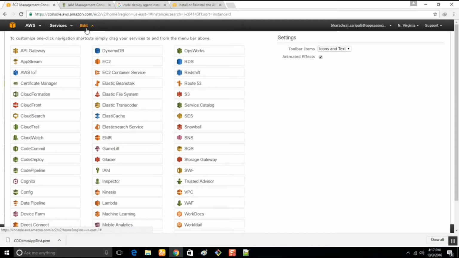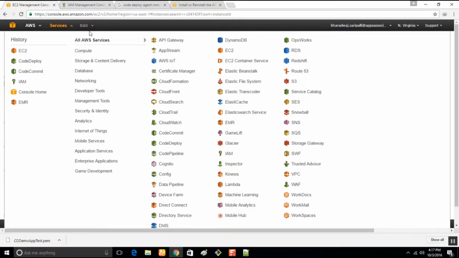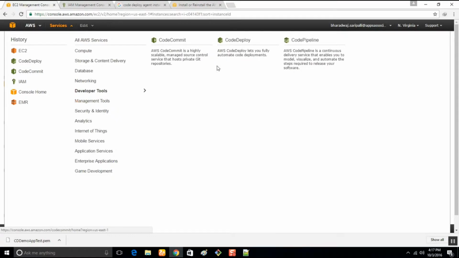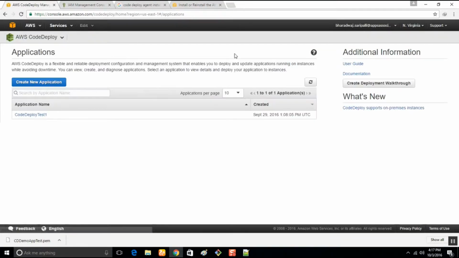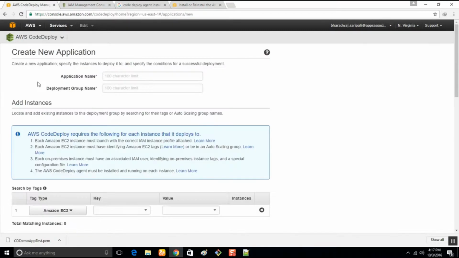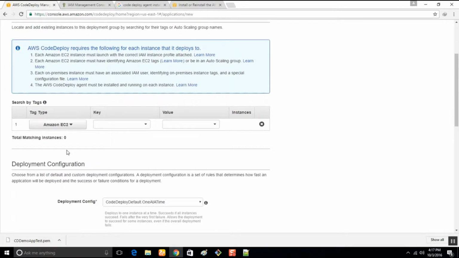In the meanwhile, let's head back to CodeDeploy. It will be under developer tools, CodeDeploy. We have lost the changes made to that. cd demo app test group.